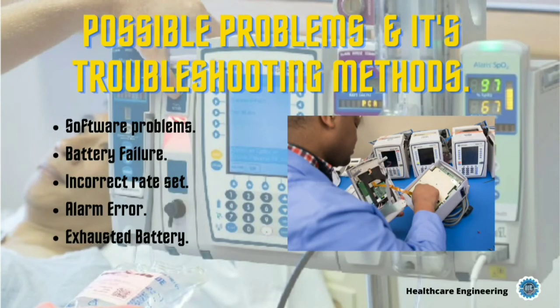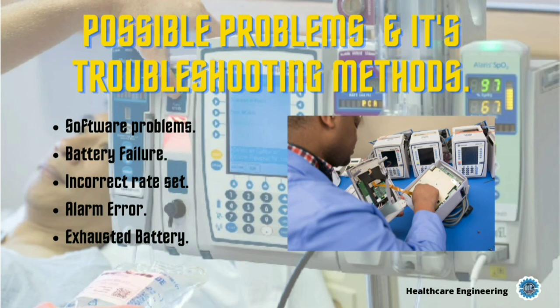Here we are focusing on problems and their troubleshooting. First, let's see what software errors can arise. If a problem message is shown, it means the pump is not working at the moment. This happens in the absence of an identifiable problem. Battery failure. A design concern causes overheating of the battery and leads to premature battery failure. The battery was not replaced at the end of its life according to the manufacturer's guidelines for routine maintenance.